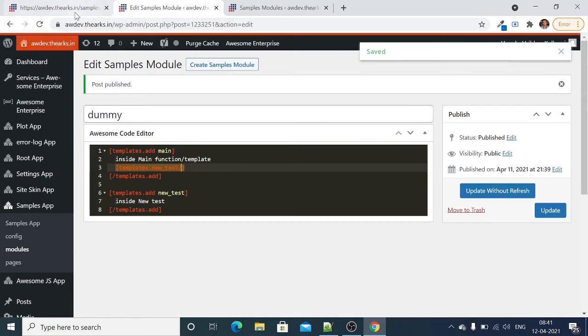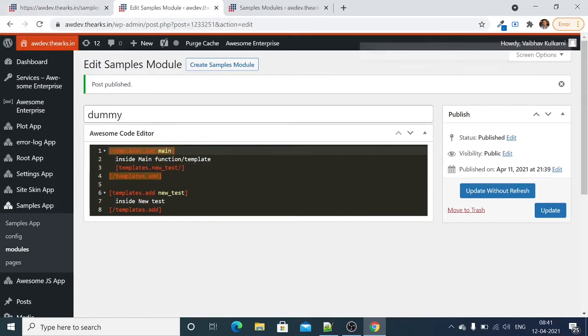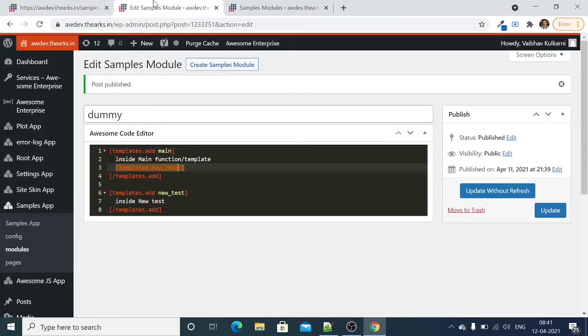So this function will execute first inside this dummy module and then we are calling this function inside the main. So let's go back and check. So this is inside the main and now this is inside the new test function.